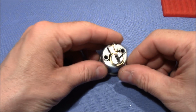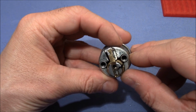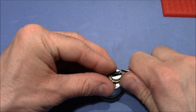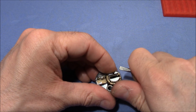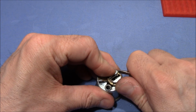Oh, that's an interesting plug holder, retaining pin, or... this might take some time till I figure out how to get this off. Oh,